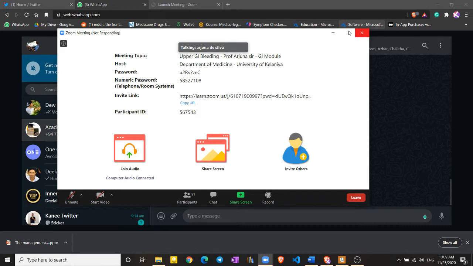Right. So as I said, it's the commonest GI emergency. The incidence is about 100 per 100,000 in the UK, and a mortality of 10% in the UK, but that has come down now. Varices is the commonest cause in Sri Lanka, from studies done here. But peptic ulcer, Mallory-Weiss, esophagitis, gastritis, erosions, vascular anomalies,